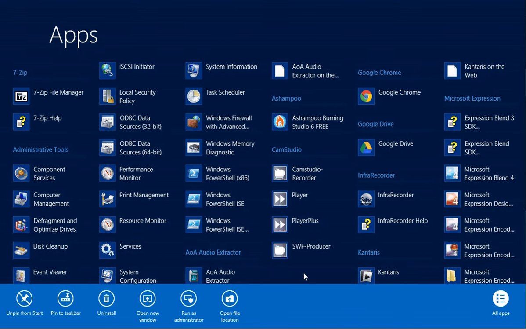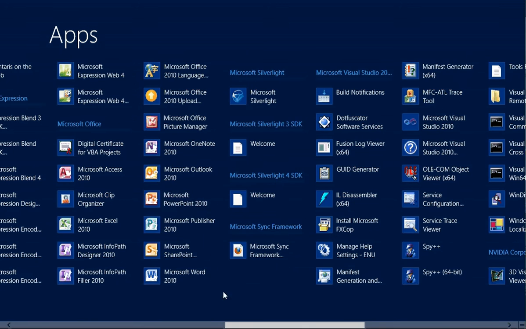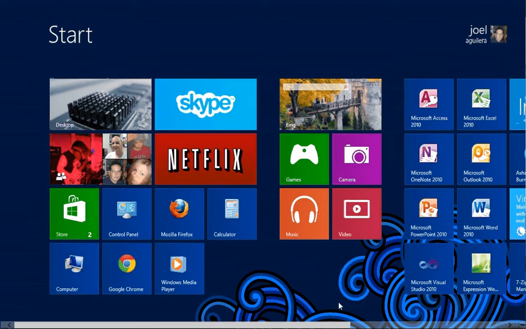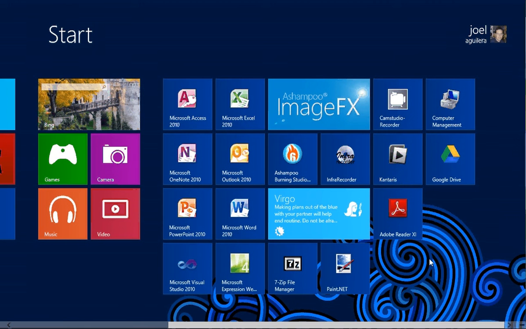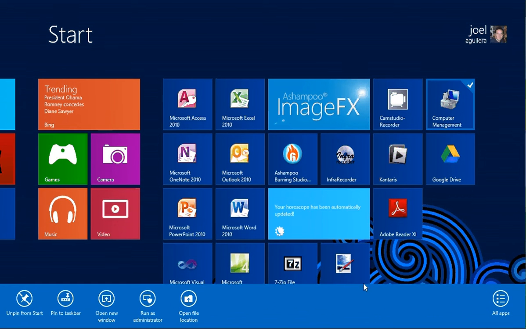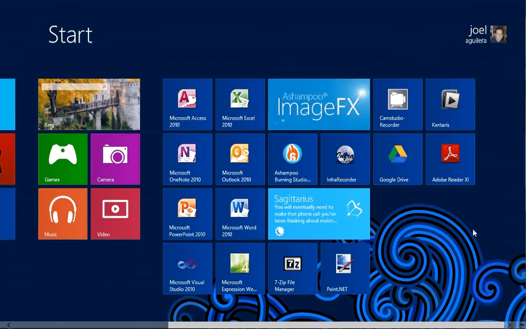So let's deselect that. On your start menu, if you pin an app and you do not wish to have that app remain on your desktop, same thing as you do pinning, you right click and just hit unpin from start menu, frees up a lot. Now once you install and update Windows 8, you'll have a lot of